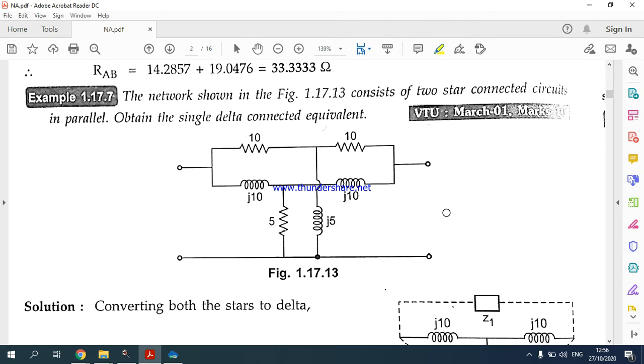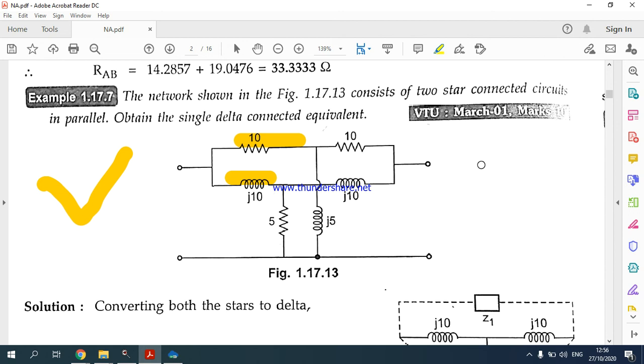Okay, tell me, what are the parameters you have in this circuit? Do you have a simple resistor or do you have other parameters also in this network? You have resistor, you have inductor. Fine. Here you should not get any confusion. Inductor means here I have a j parameter and all these things, then what to do? You should not worry about all these things.